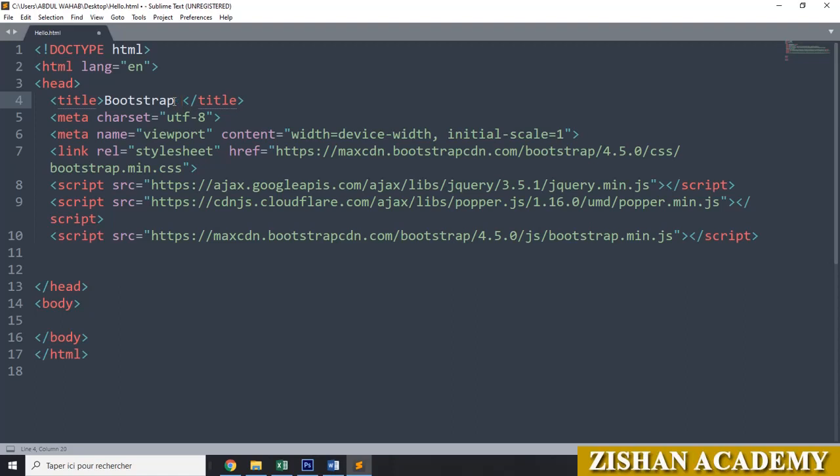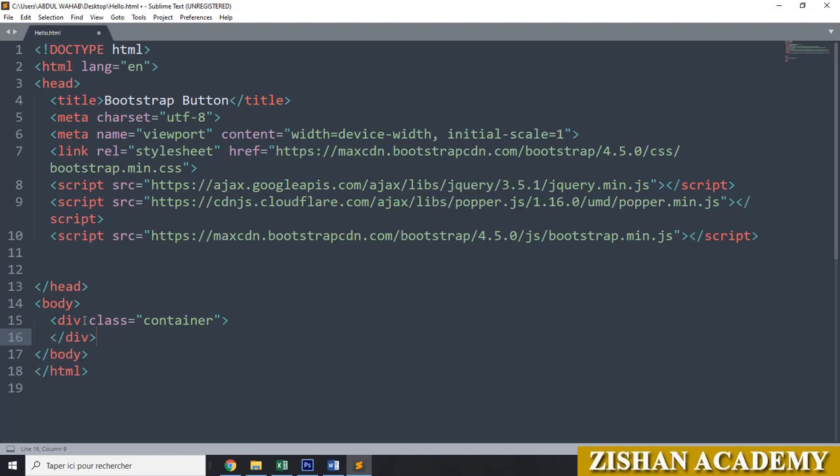Today we are going to see about button in Bootstrap. We will go to the Sublime editor. In the title tag, we will go for your Bootstrap button. Under the body tag, we will go for a container tag. Go for div class equal to double quotes. Then you can give container here. Close this one, and you have to close the div tag also.